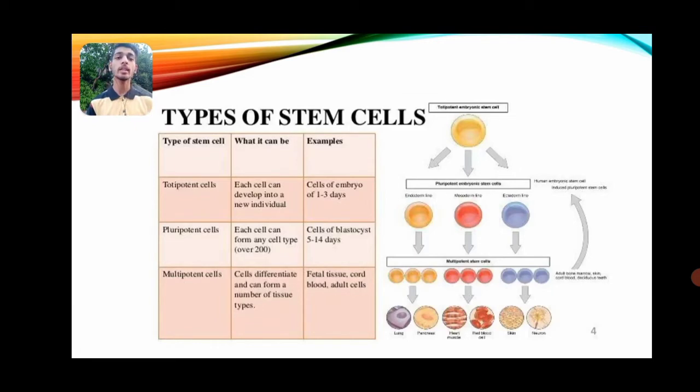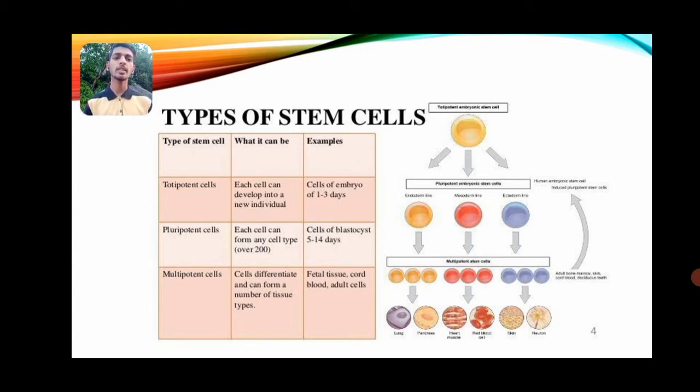found in our body. Other types of stem cells are the totipotent cells, pluripotent cells, and multipotent cells. Totipotent cells means each cell has the ability to develop into the entire organism. These cells are found in the human body in the cells of the embryo 1 to 3 days after fertilization of the male sperm and female egg. After the 1 to 3 days, embryo generation takes place, and in that embryo generation, the totipotency principle is used by the cells for developing an entire organism from a single cell.